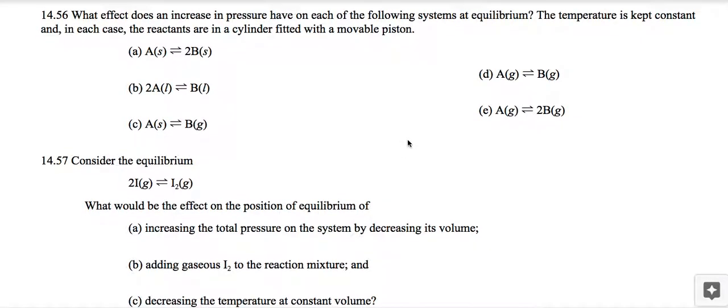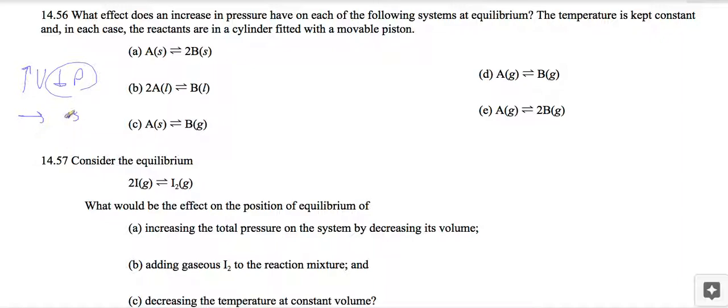Pressure. So we've looked at concentration, we looked at temperature, and enthalpy. Now we look at pressure. Now if we go back to that example with the gases at the beginning, as we increase the volume, we decrease the pressure. So a decrease in pressure shifted towards,